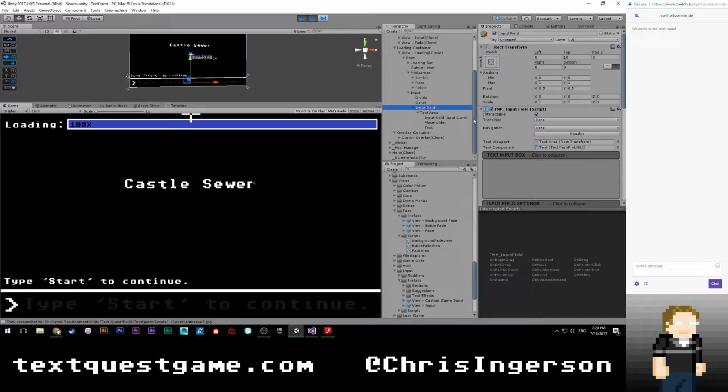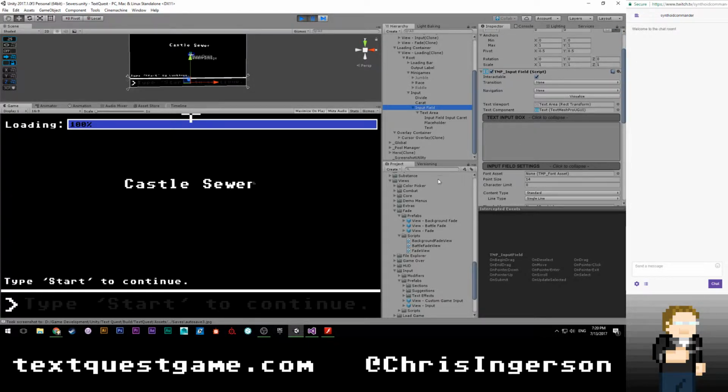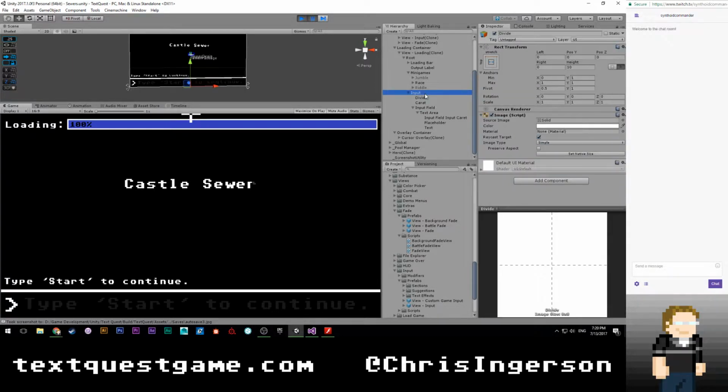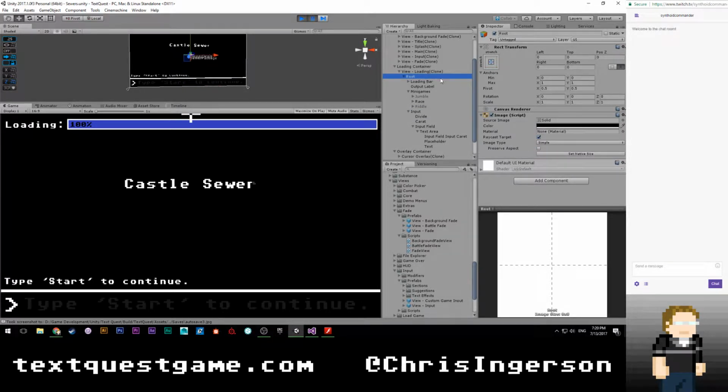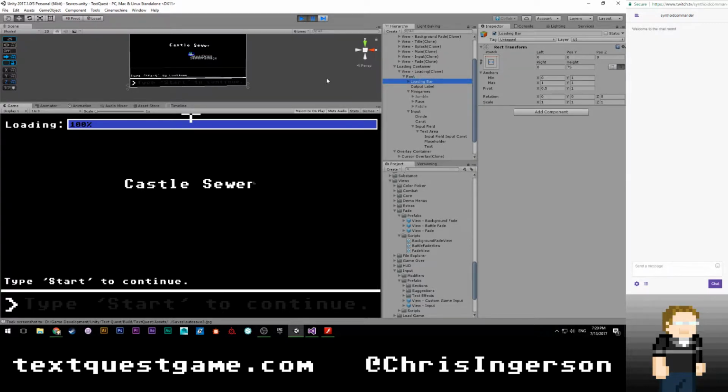Input field. What's interesting is that no other menu has this bug. It's only the loading screen, which is what makes it so weird. Because if it was happening everywhere, it'd make more sense, I would think. Because my setup for this should basically be the same. But let's see. I must be doing something really strange.